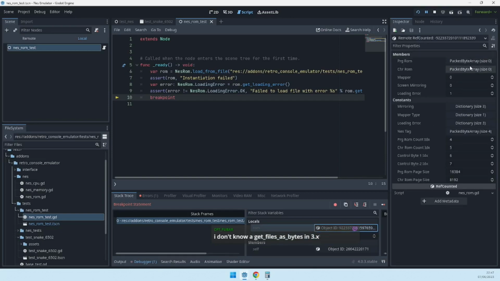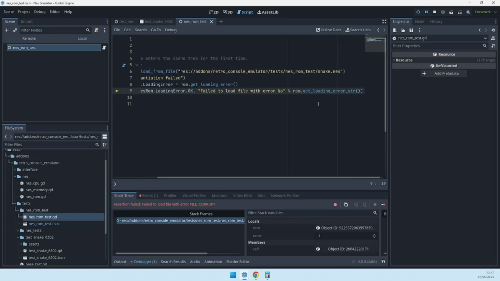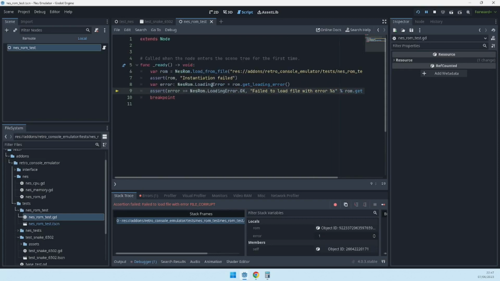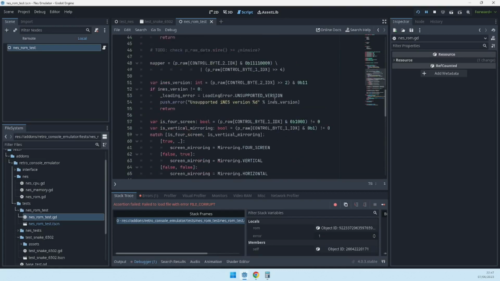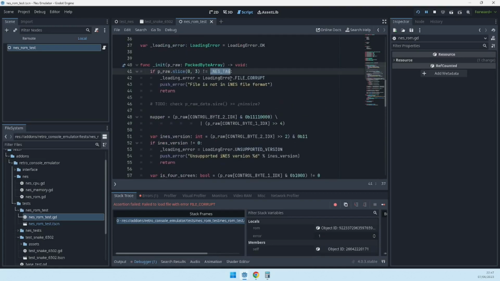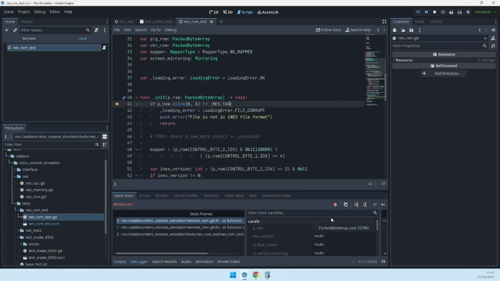So we should have this assertion. Alright, we should assert it is equal to okay. Okay, now we failed with file corrupt. If we look at our function, file corrupt means that it is failing to read the initial bytes. So let's see what the first